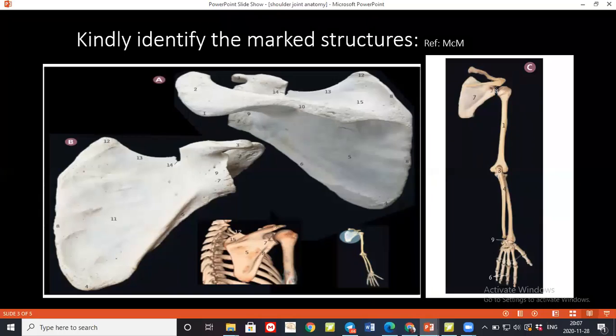All right. Can you tell me what are the movements which are present at the shoulder joint, and which muscles are responsible for which movement? Yes, ma'am. There is flexion, extension, abduction, adduction, internal rotation, external rotation, and circumduction. Yes. So flexion is mainly performed by the clavicular part of the pectoralis major, and